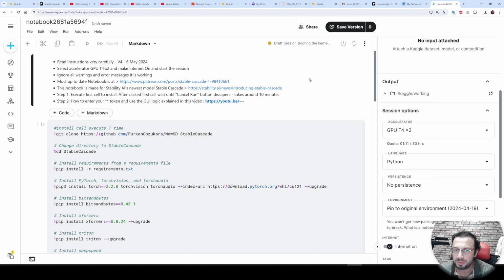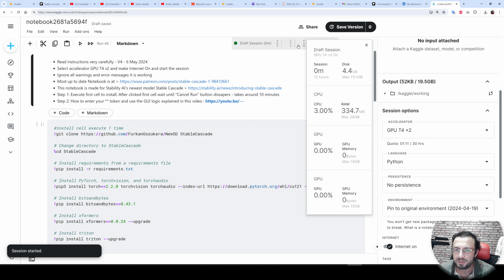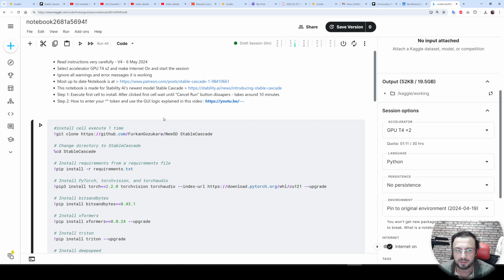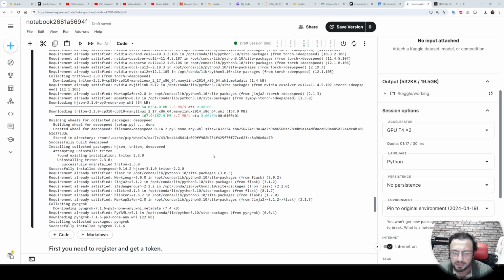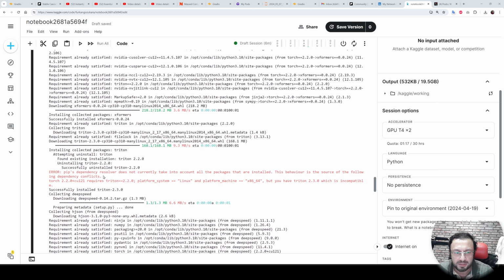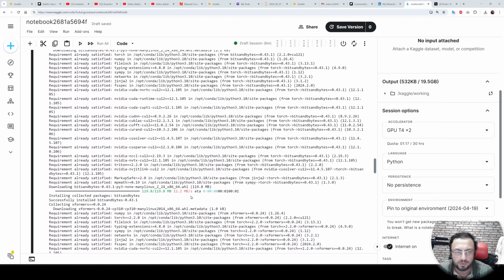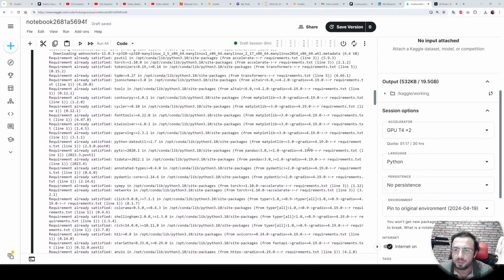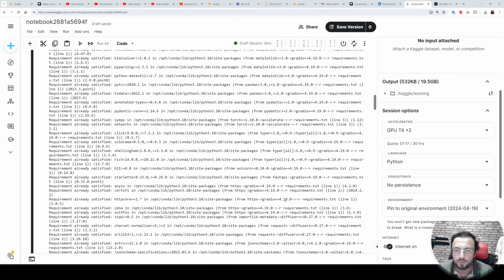The notebook is so straightforward. Wait for the session to start. Okay, the session started. Once the session started, when you click here, you will see these options. Then execute the first cell. This will install everything automatically for you on Kaggle. So the Kaggle installation has been completed. It was way faster than RunPod. You can scroll to the top and see the messages. This is not important. It will work. If this notebook gets broken, just message me on Patreon and hopefully I will fix it for you.